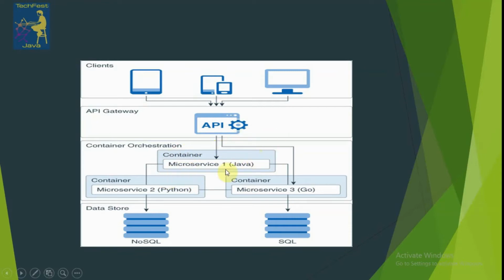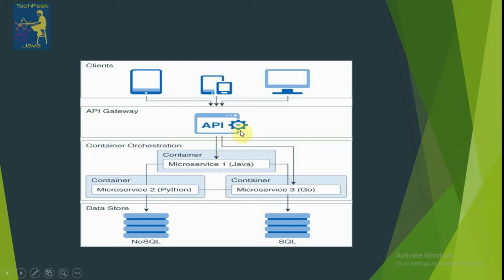Suppose that service is written in Java, and that service will then decide which services need to be used, either microservice 2 or microservice 3, according to the request. Or sometimes the API gateway itself is able to call microservice 3 directly.